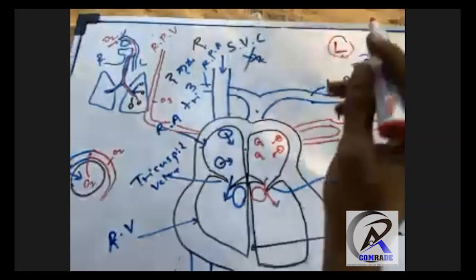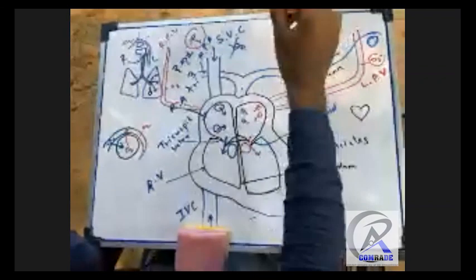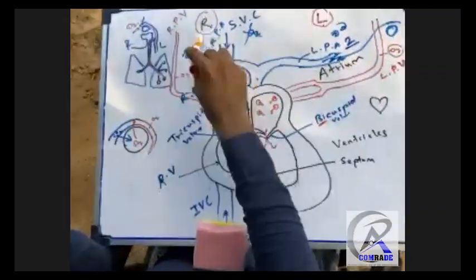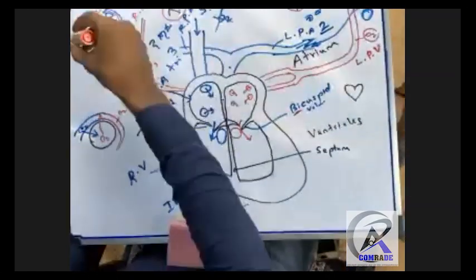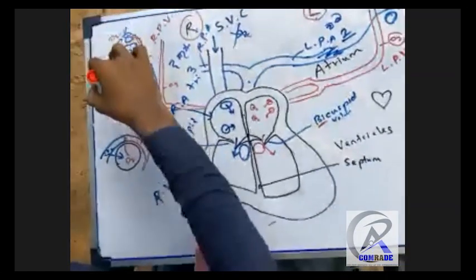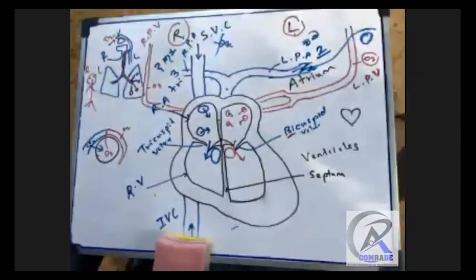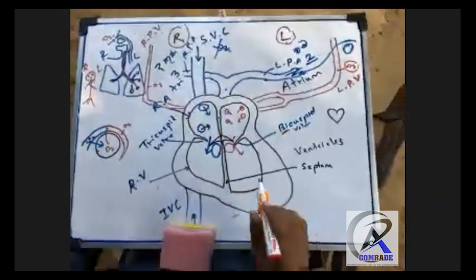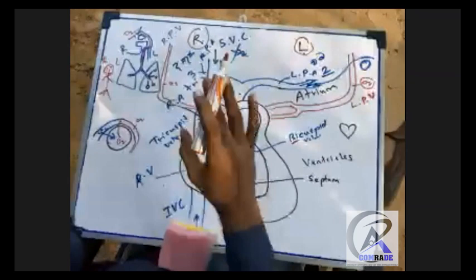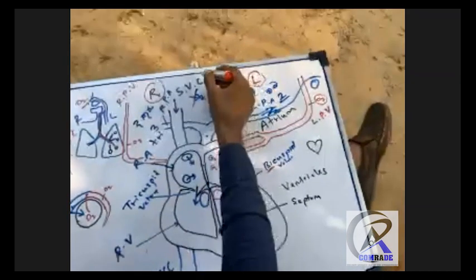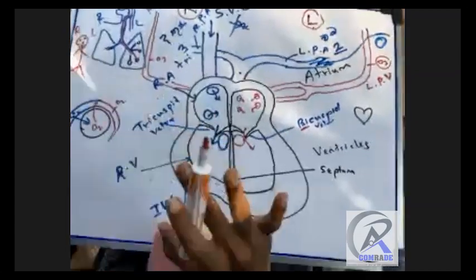Why? At the right side only we started, right? This is right side, this is left side, not as usual, because the person is looking at us. That means his right side is this side, his left side is this side. So his heart only we're drawing here, right? So the left side, blue color, is deoxygenated blood, which is used blood. Okay, used blood comes. I'll tell you after drawing this fully how this happens, right?